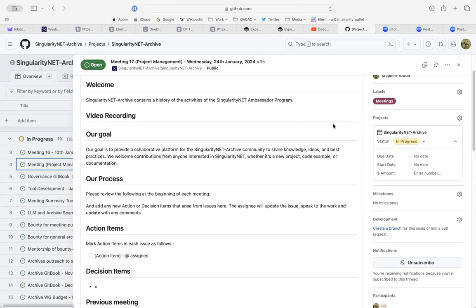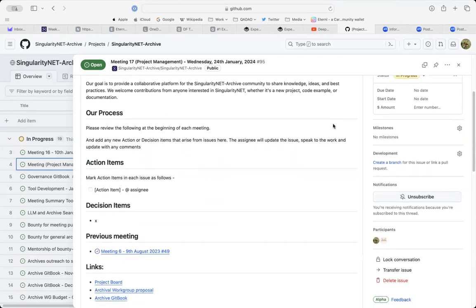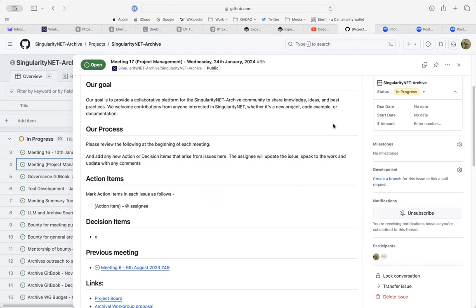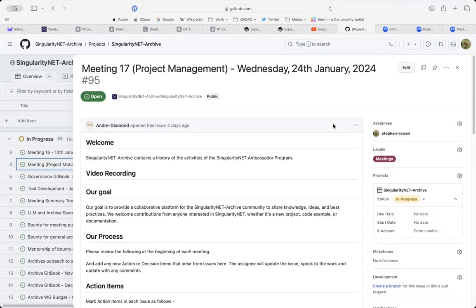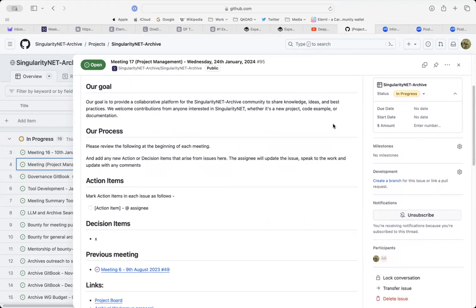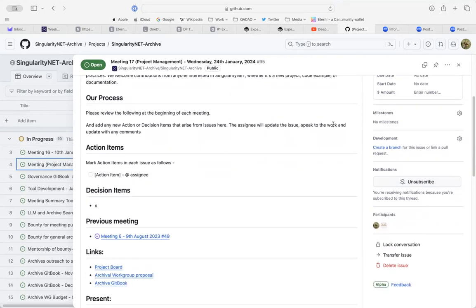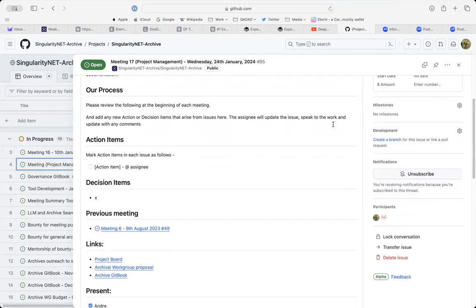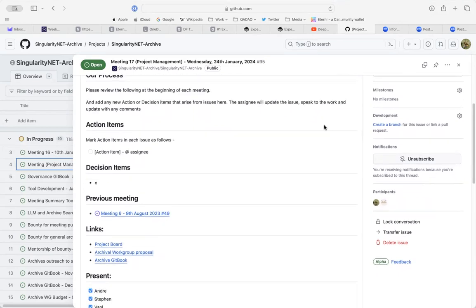Now our process is in evolution, because we're kind of an experimental endeavor. The way that we work is that we work from a project board on GitHub, and each project board has an issue. This issue is related to a meeting, so meeting number 17. Within this process, we are going to start to incorporate action items and decision items.